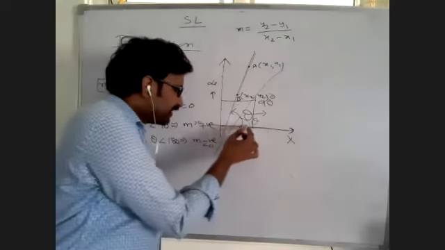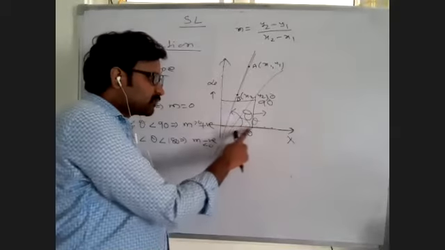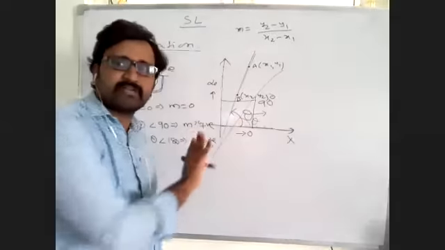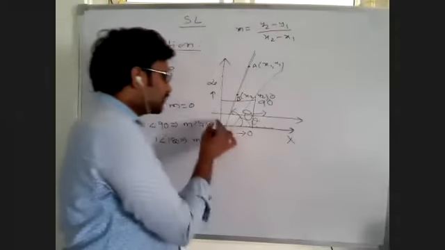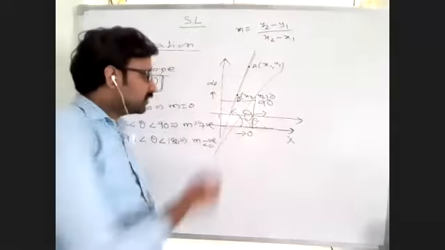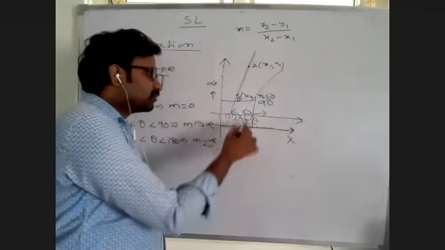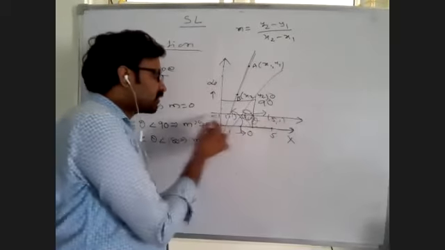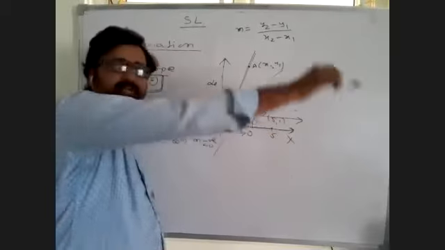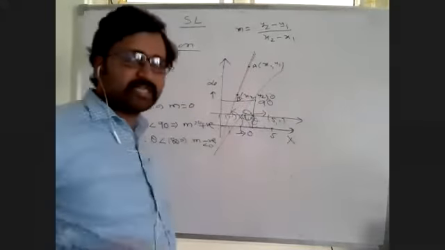On this line, any y value is the same. The x value will be different: x1, x2, x3, x4, like that you will get, but the y value is 0, 0, 0, 0. If you take one more line, this is at y equal to 1. This is 1, so (1, 1). This is 2, then this is (2, 1). This is 5, then this is (5, 1). But on this line, anywhere you take, the y value is the same. On this line, anywhere you take, the x value is the same.